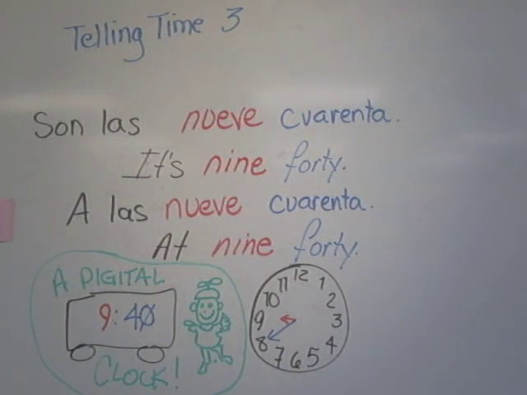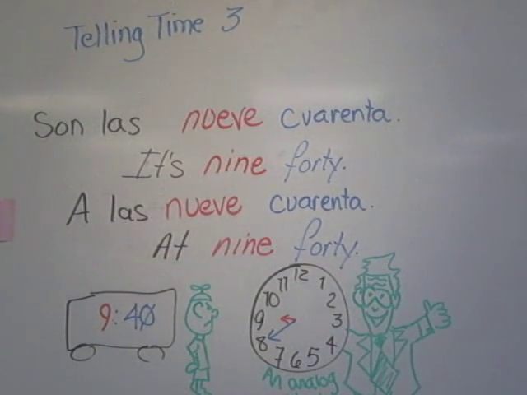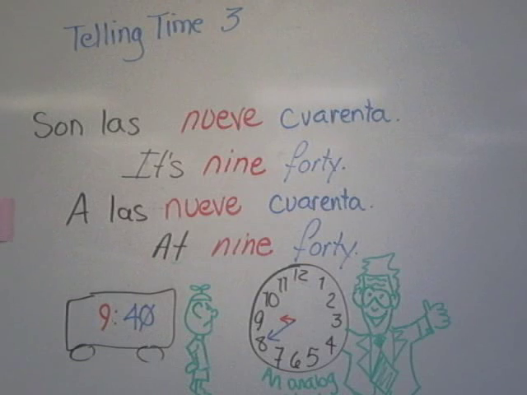Most of you use a digital clock. A digital clock has the numbers, and it's easy just to read the numbers right off. Las 9:40. However, if you use an analog clock or watch like Mr. Gardner does, there is a little bit different way of telling time. Why would you ever use an analog clock? Well, if you're like Mr. Gardner and have bad eyesight,